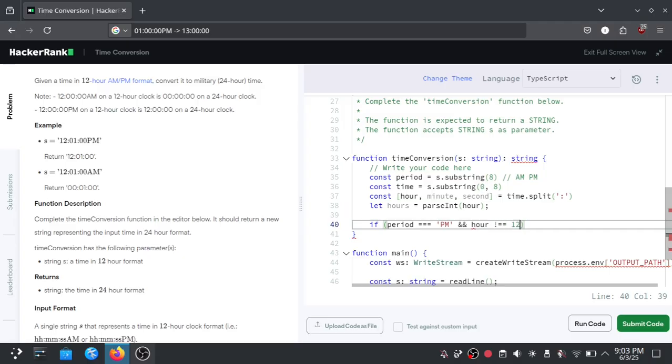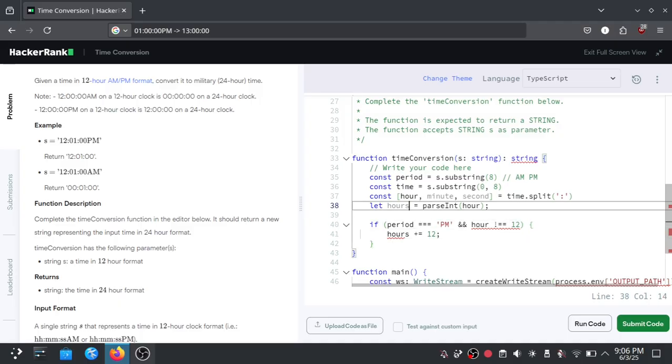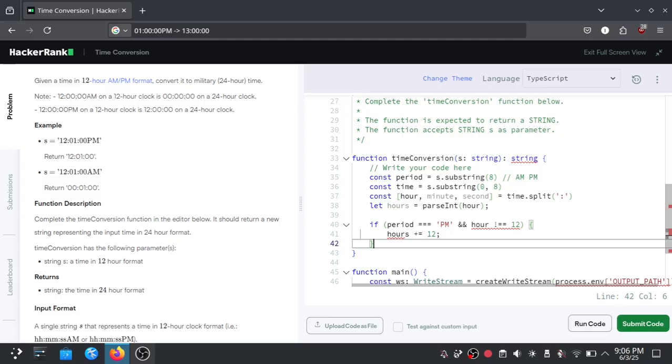If it's not equal to 12, then for the hour mark, I forgot to change it to hours because it's the let variable, and then